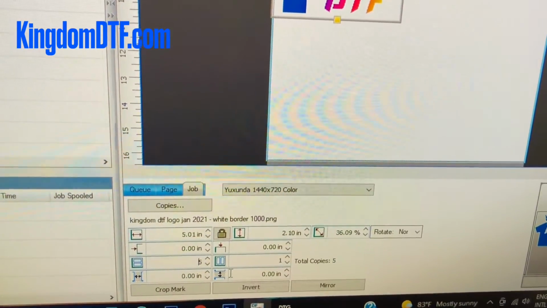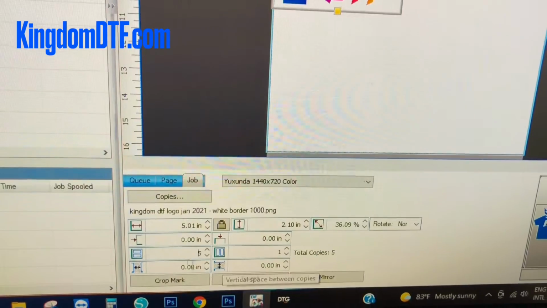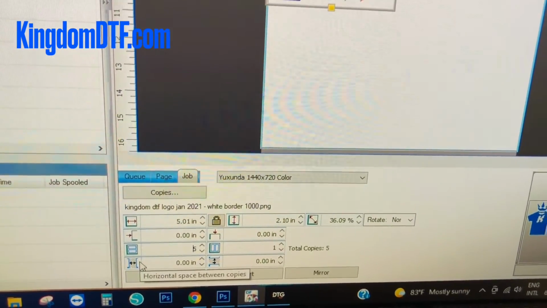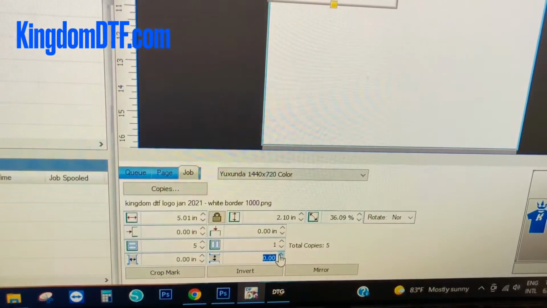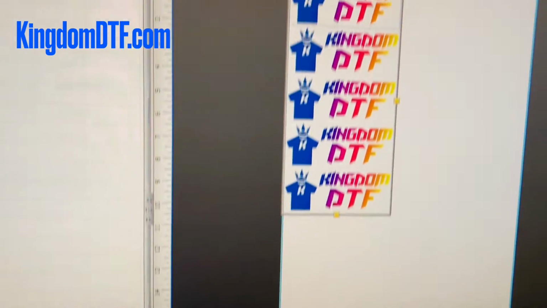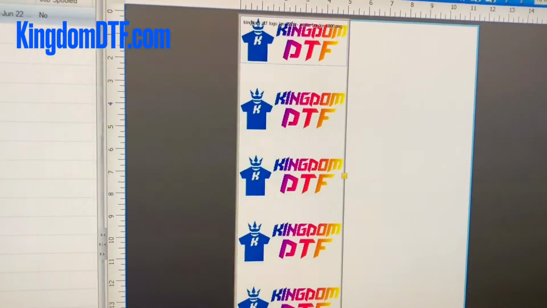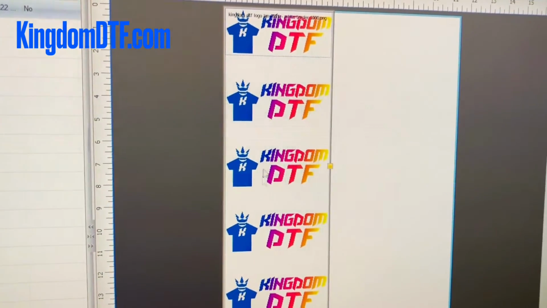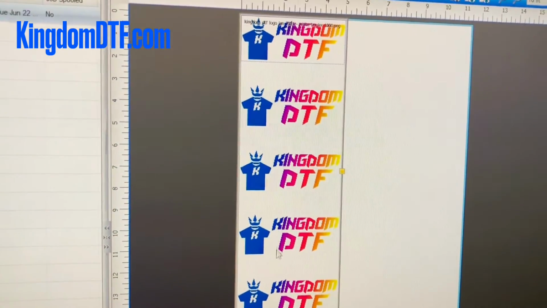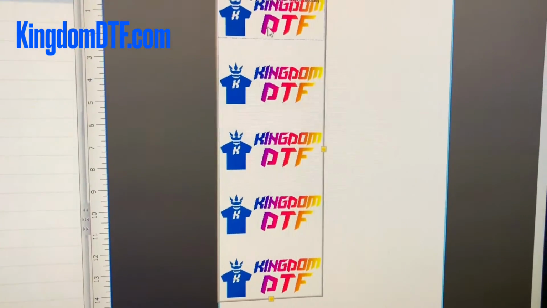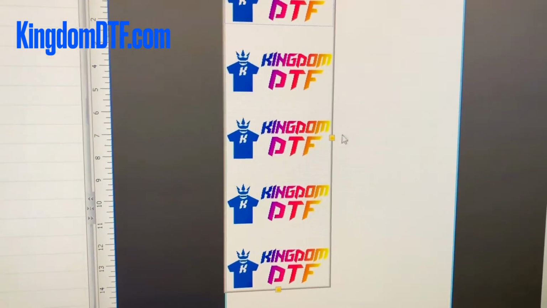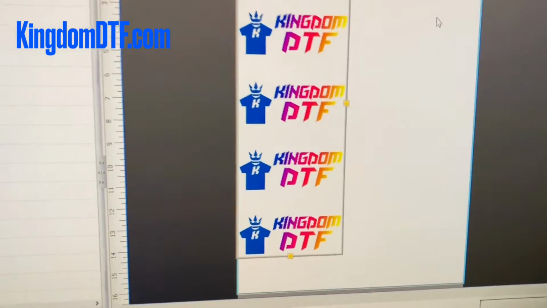This one is going to give you a vertical space, and this one is going to be horizontal space. Okay, so let's say that you want to do 1 inch. You click enter, and then the space between each design is going to be around 1 inch. Now over here I got 5. So let's say that you want to do 10 in